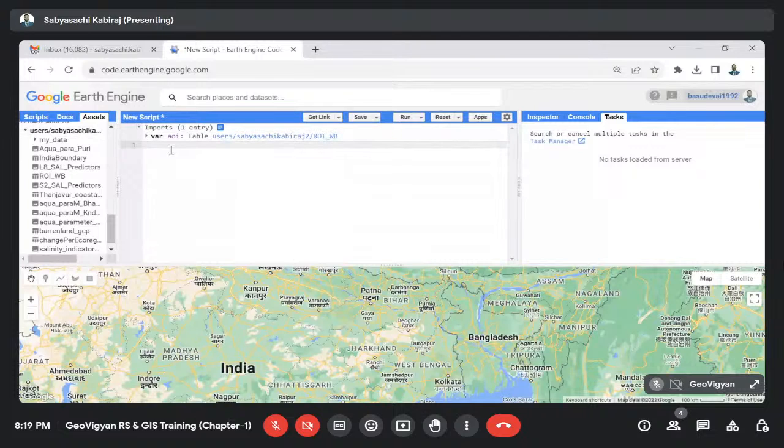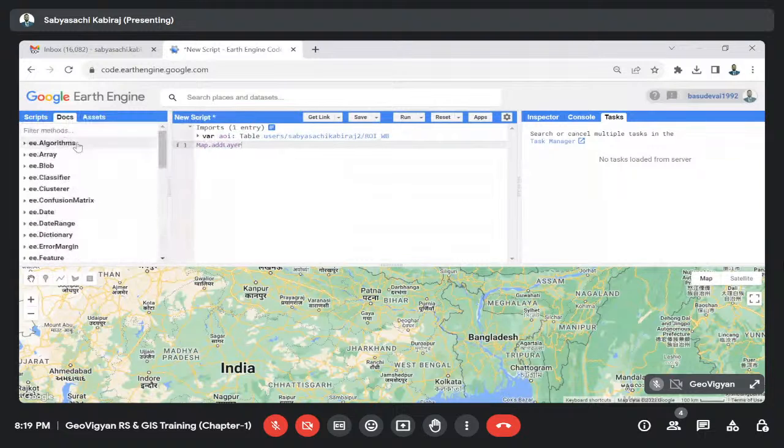So to add a variable into the map, the command is Map.addLayer. Remember, it is case sensitive because it's JavaScript. In Map, the first M will be in caps and the remaining all will be in small. In addLayer, we will have L as a cap, and the remaining will be in small. And if you don't know the proper syntax, you can go here and just